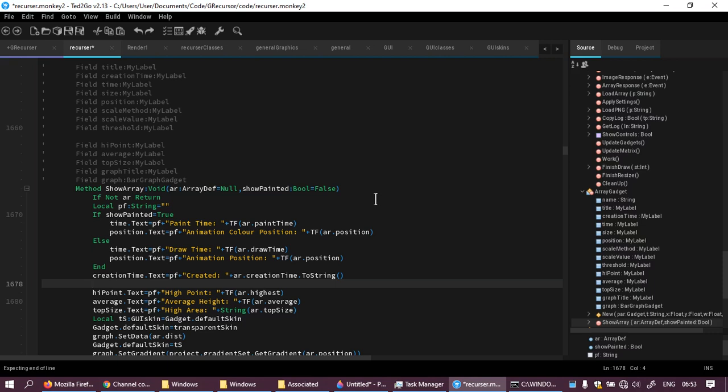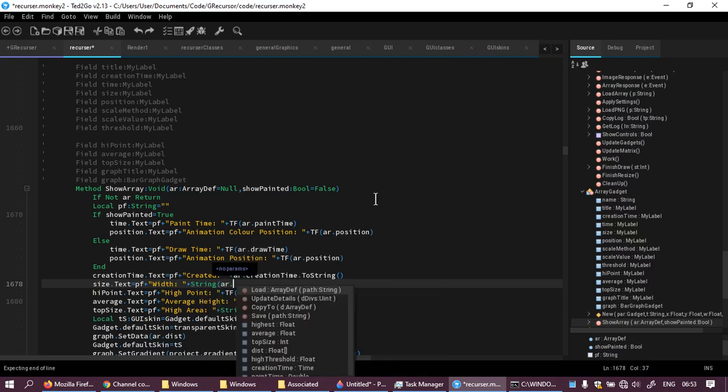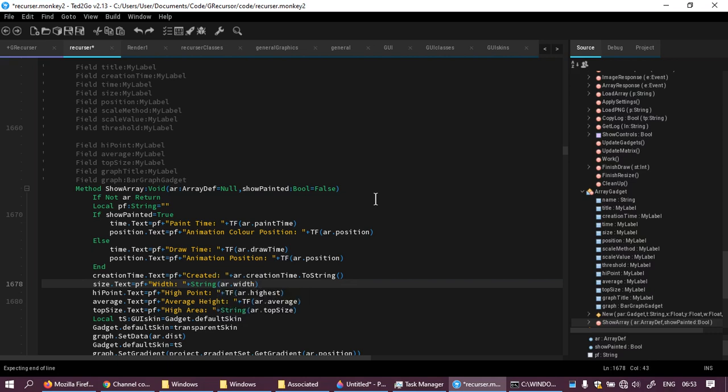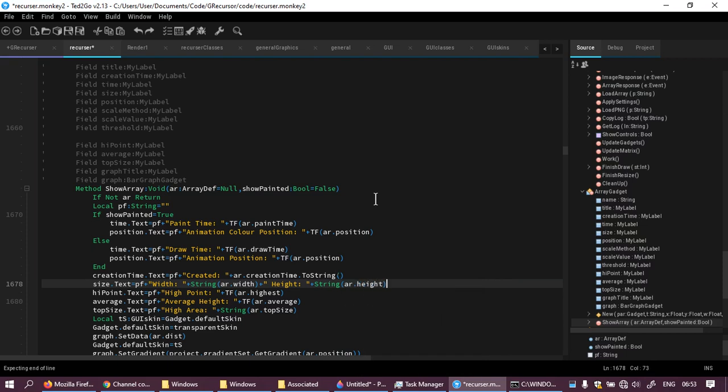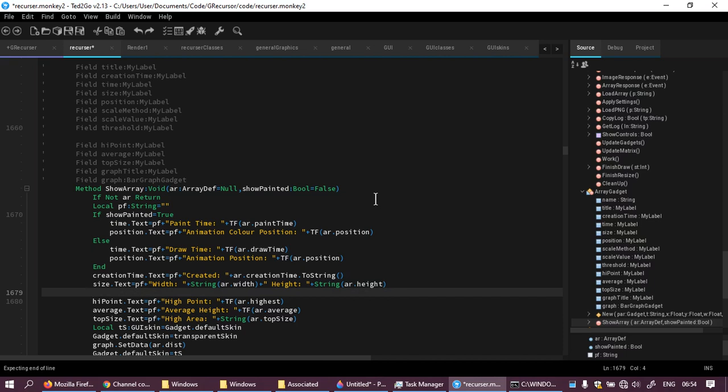The size text equals pf plus width plus string of array width plus dit space height colon space dit comma string array height. Positions dealt with. Scale method